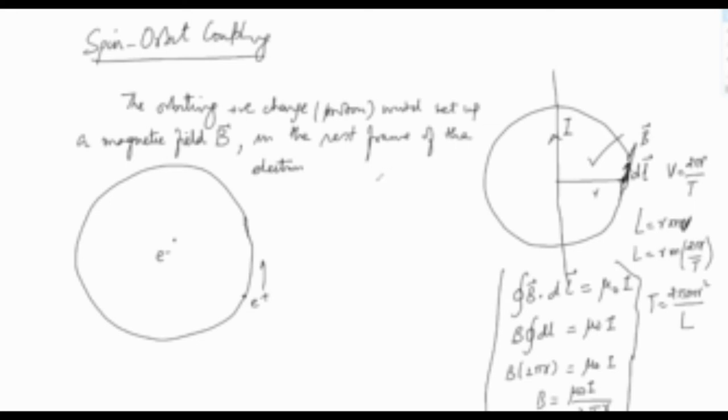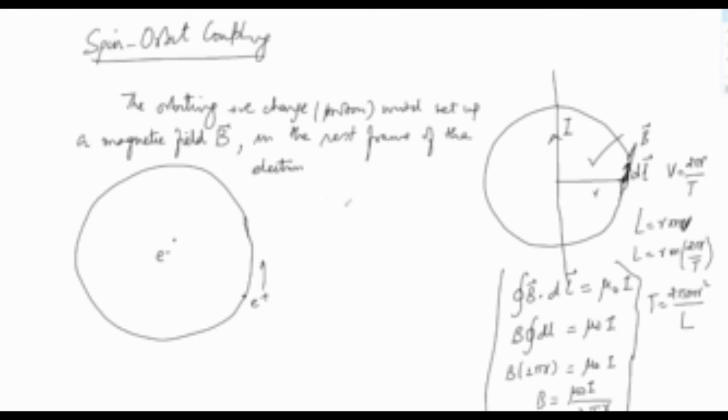And this magnetic field will exert a torque on the spinning electron which is there at the center, because the electron is a spin half particle. Therefore the electron will have its magnetic moment, and